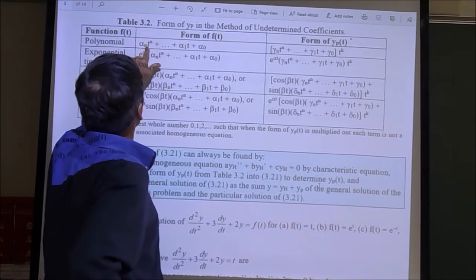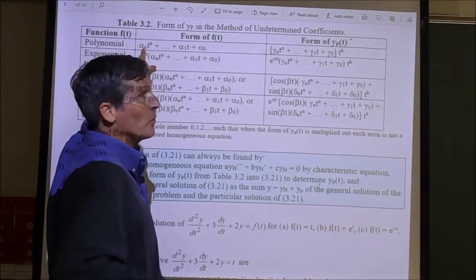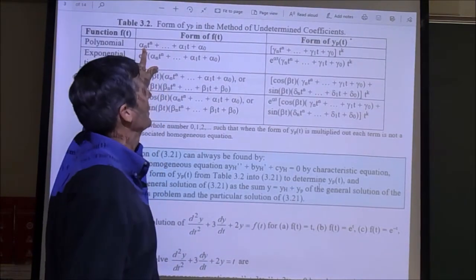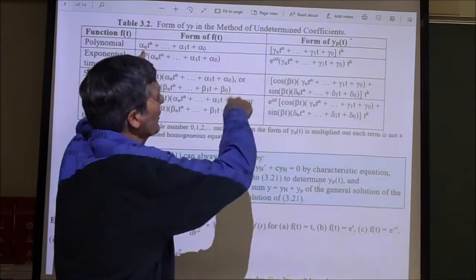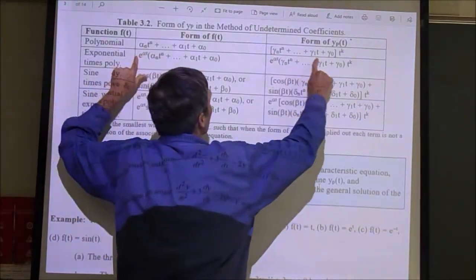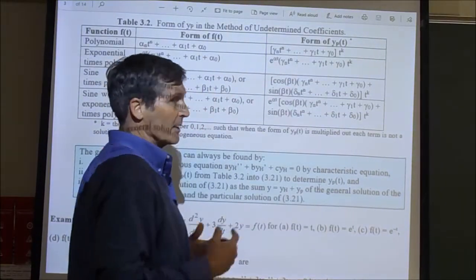If you see f of t on the right-hand side of the differential equation looking like this, for an equation with constant coefficients only, then this method tells you it's a theorem. This table is a theorem: that there is a function of this form